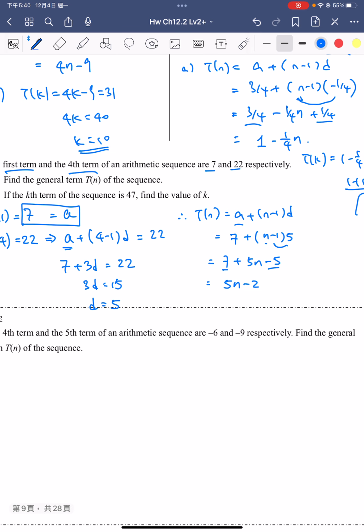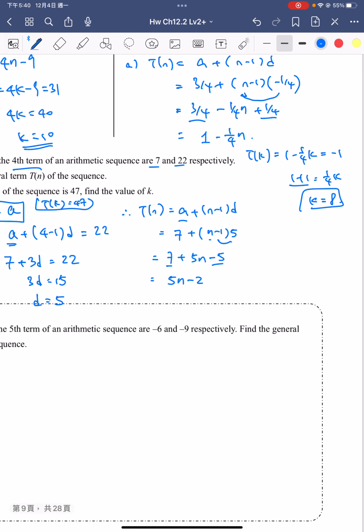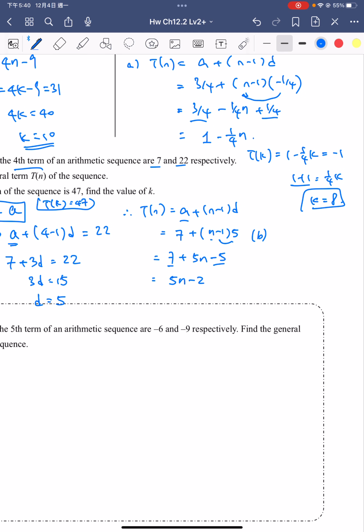Alright, so for part B, we have the kth term again. This is tk is equal to 47, isn't it? So we just substitute the whole thing inside it. We have tk, which is equal to 47, which means the 5k minus 2, again, we just substitute this k to be the n. So now we have 5k minus 2 giving you 47. So 5k is equal to 49. So the k is just equal to,